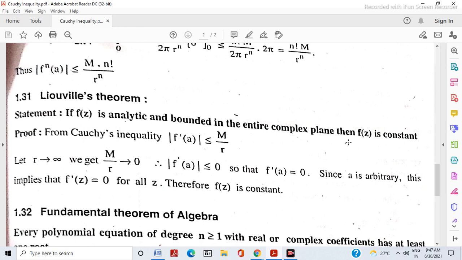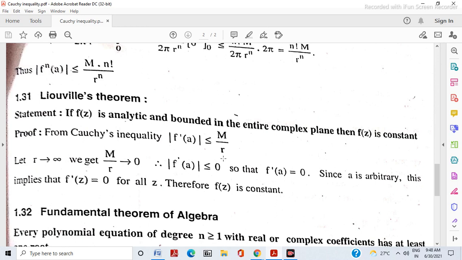That means we should imagine that the radius is infinite radius. That means it's not a circle. What it will become when r tends to infinity? We get the entire complex plane. Have you understood why we have taken r tends to infinity? Because we are not considering a small circle. We have to consider the entire complex plane. Then we should imagine that circle with r tending to infinity, then it will cover the full entire complex plane.